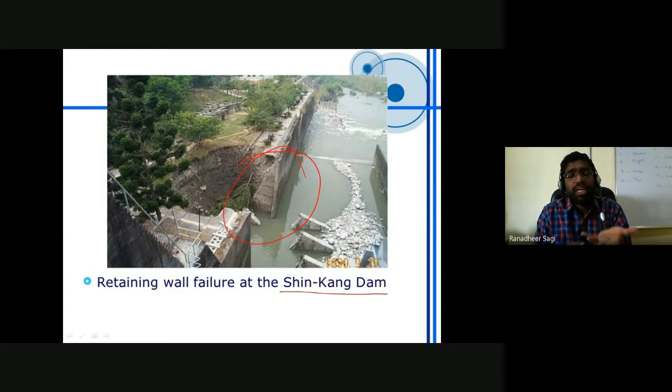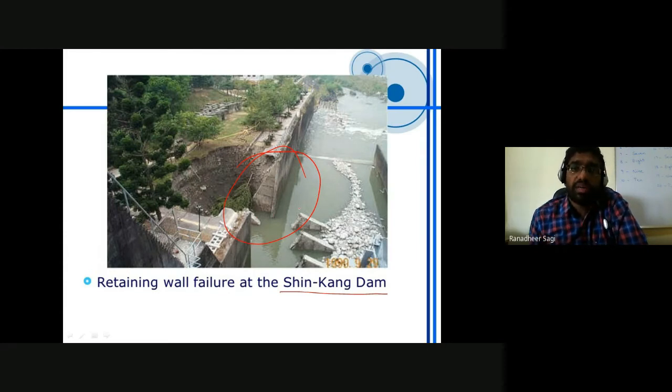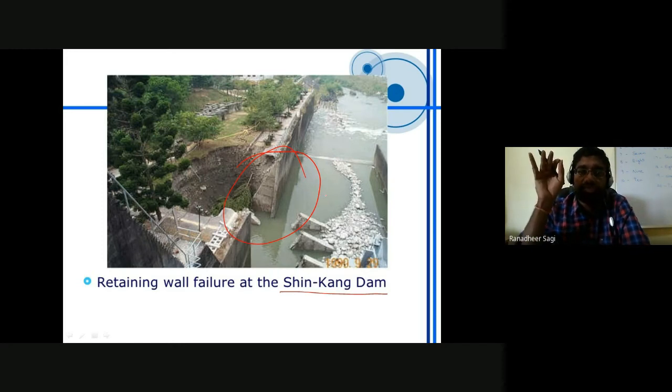Okay, so when compared to the weight of your retaining structure, because of whatever could be the reason, ultimately what has been understood is that the failure has happened in that retaining structure, because of which the water which was supposed to be getting stored on the upstream is no more stored on the upstream. Rather, it started moving away towards the downstream. So you have to design your retaining structure very carefully, understanding what are the different forces which are coming on it, and accordingly taking into consideration all those forces with the required factor of safety.